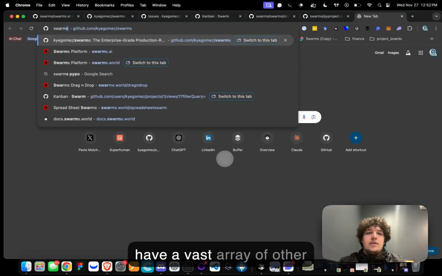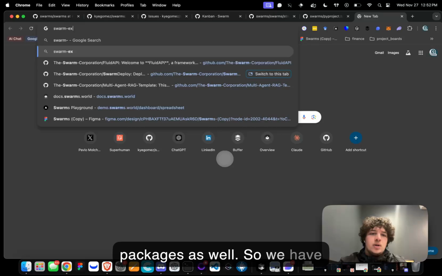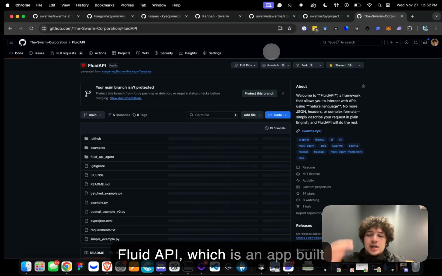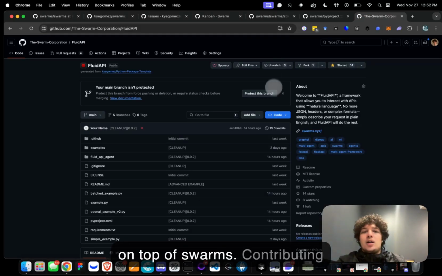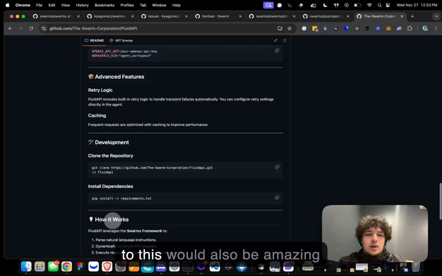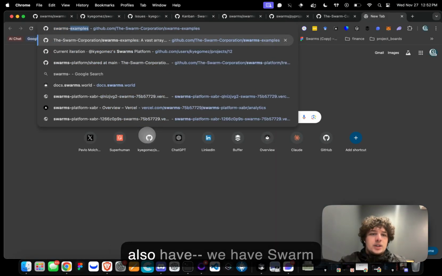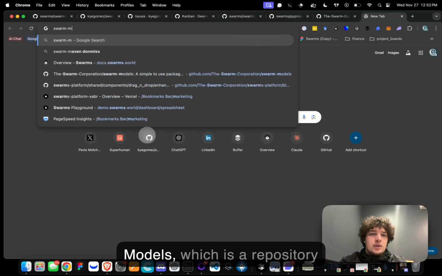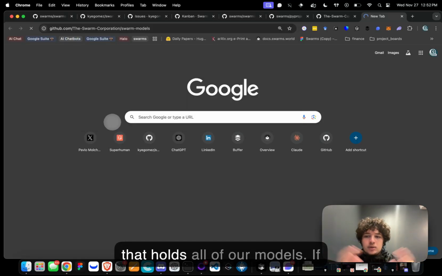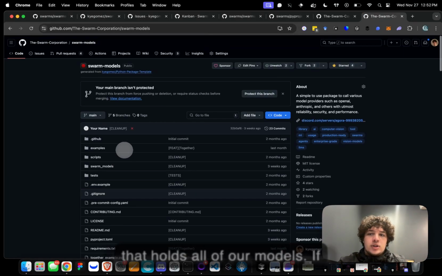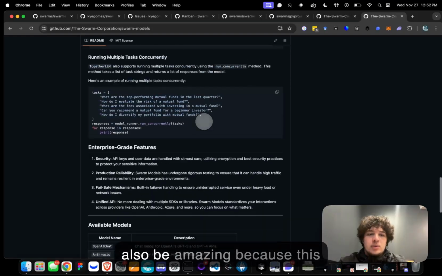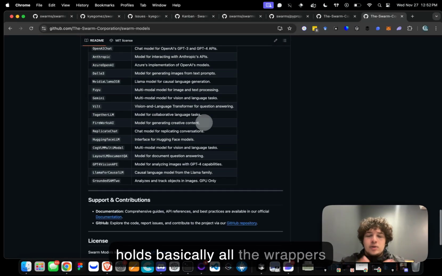Then we have a vast array of other packages as well. We have Fluid API, which is an app built on top of Swarms. Contributing to this would also be amazing because it's very new. Then we also have Swarm Models, which is a repository that holds all of our models. If you contribute to this, that would also be amazing because this hosts basically all the wrappers for the